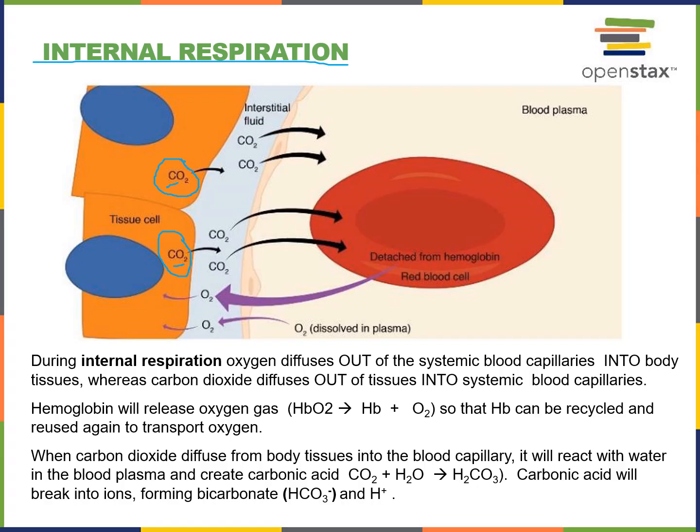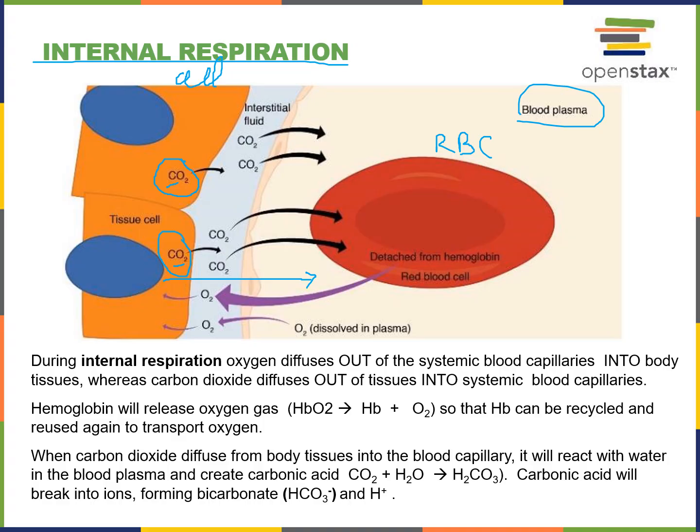So the CO2 diffuses across the membrane again, so this would be the cells this time, not alveolus, and this would be blood plasma. So we've got one red blood cell shown here, and we know that CO2 will diffuse across the membrane,